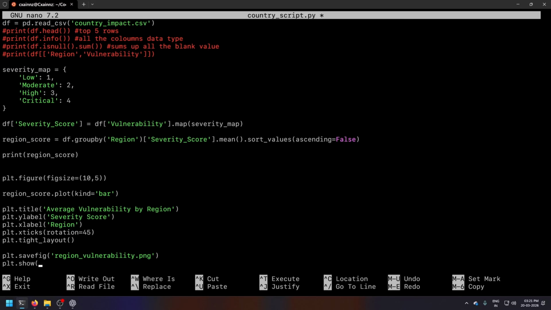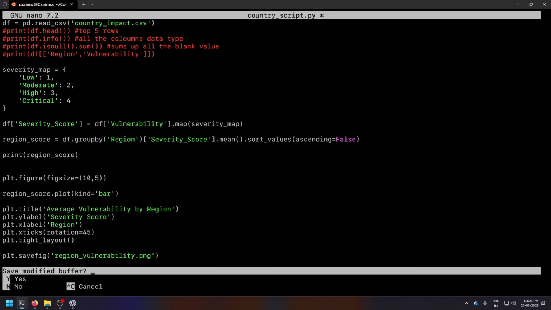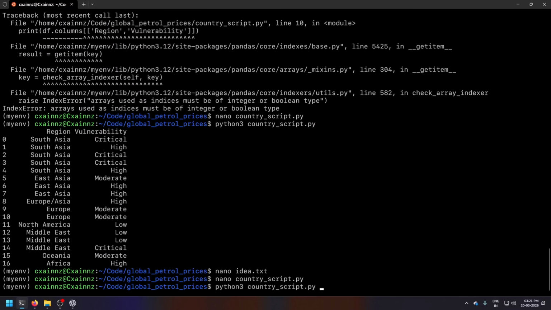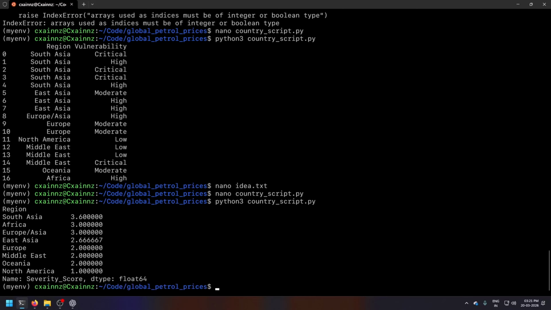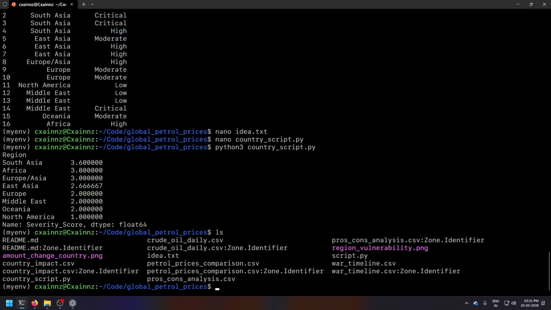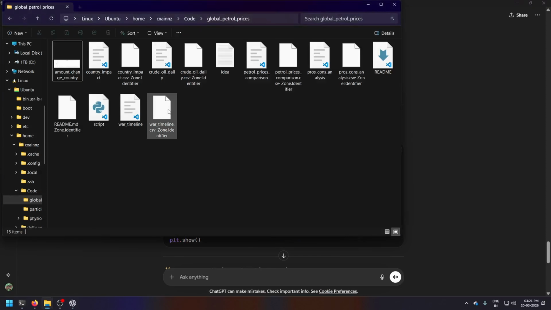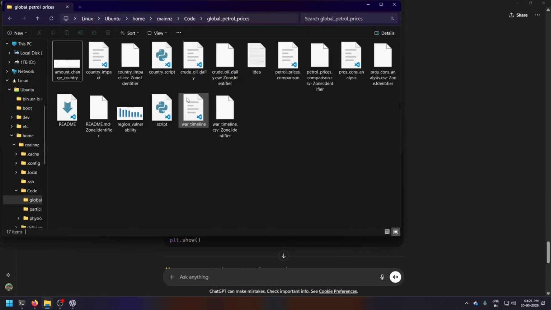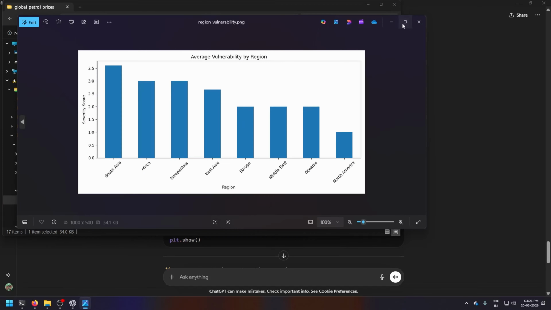So I just did this, ran Python, everything done, and then I can see the ls and I can see the vulnerability PNG, and boom, where is it? Just refresh. Okay, so this is the graph that I was talking about.